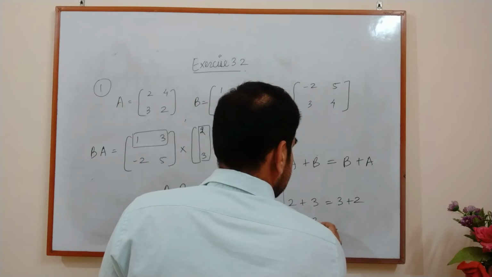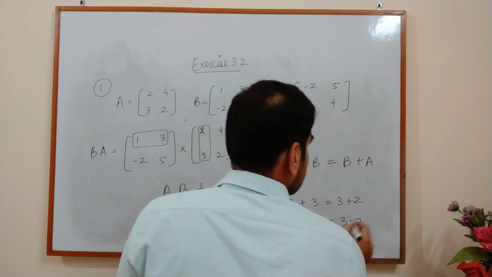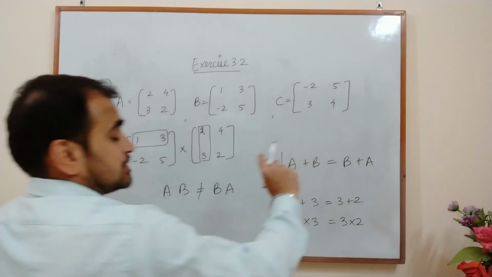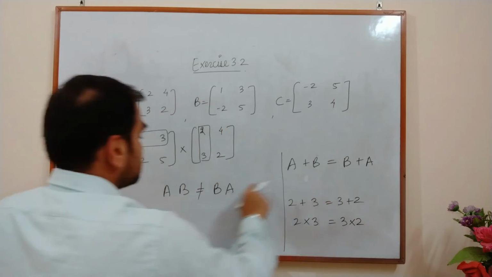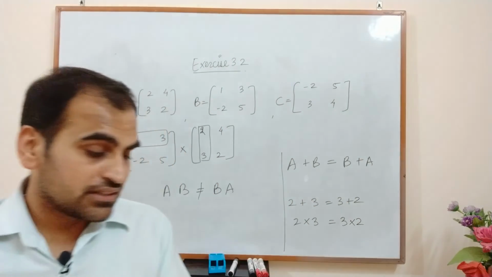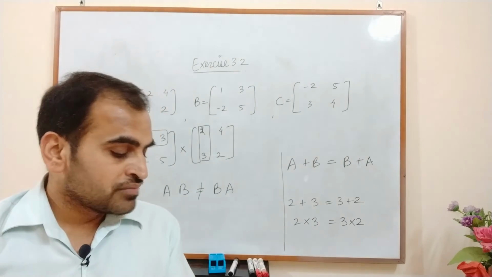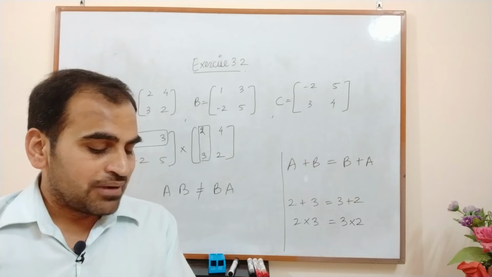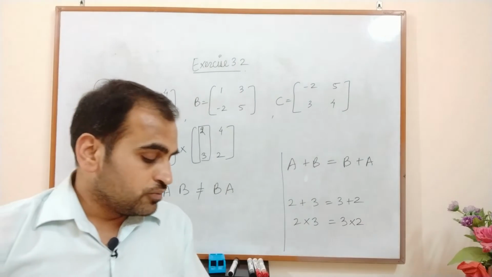If you add just two numbers, 2 plus 3 is always equal to 3 plus 2. In case of multiplication, yes. But in case of matrices, it is not always true. This addition is commutative in nature, but multiplication is not. There are some properties of matrix operations that we will discuss in the coming videos. Fine. So question number 2 is again based on the addition of matrices. That is very easy that we can do.